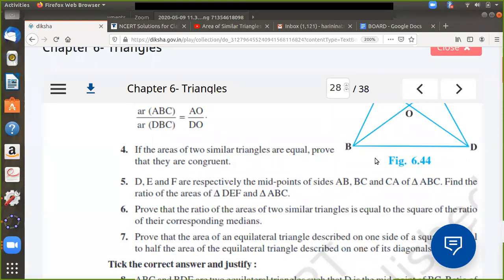So all those squares will be equal to 1. So what will happen? Whatever is the numerator and denominator in all the three ratios, they will become the same. That means your AB will become equal to PQ, your BC will become equal to QR, and your AC will become equal to PR. That means the three sides of the first triangle have exactly become equal to the three sides of the second triangle. And hence, the two triangles will become congruent. See, verbally I did the proof. Now we will see the proof.